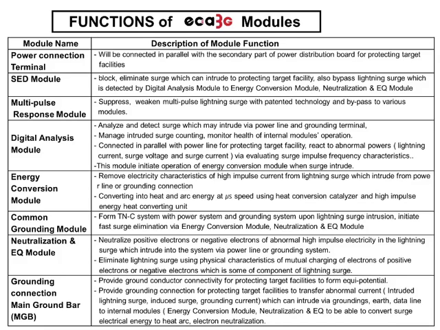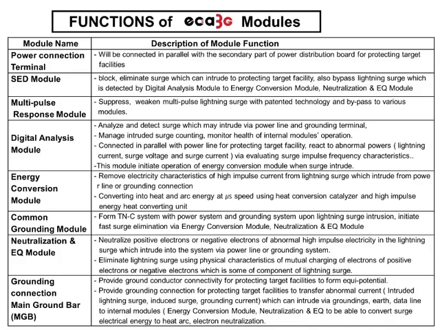Common grounding module form in TNC system with power systems and grounding systems. Upon lighting surge intrusion, it initiates fast surge elimination via energy conversion module, neutralization and equalization module. Then there's also the neutralization and equipotential module. It neutralizes positive electronics or negative electronics of abnormal high impulse electricity into lightning surge, which intrude into